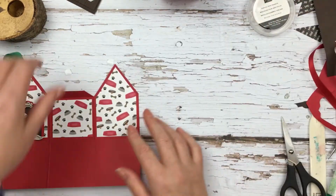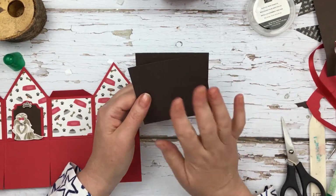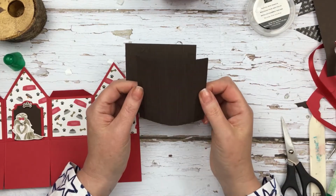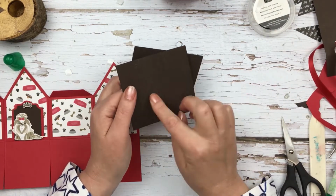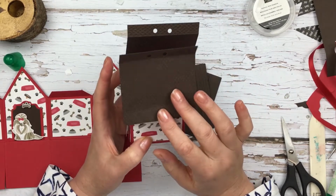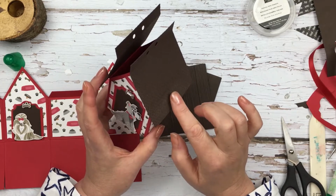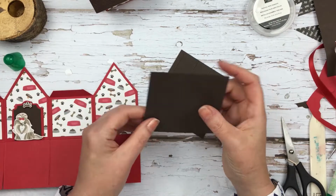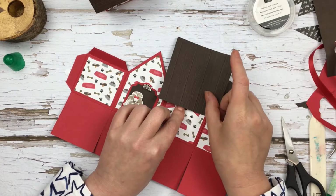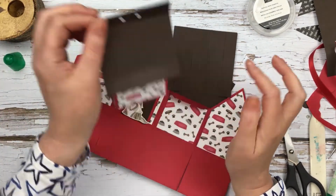What we need to do now is sort out the roof pieces. Now, these roof pieces are 3.5 inches square, and I've actually embossed these ones with the pine wood planks. This one is Tasteful Textile is what I've done here. And these are going to stick onto the flaps. But we just need to put a score line, a 1/2 inch score line